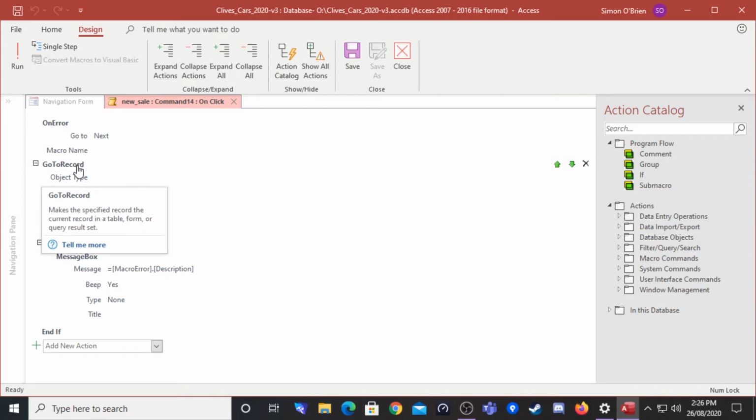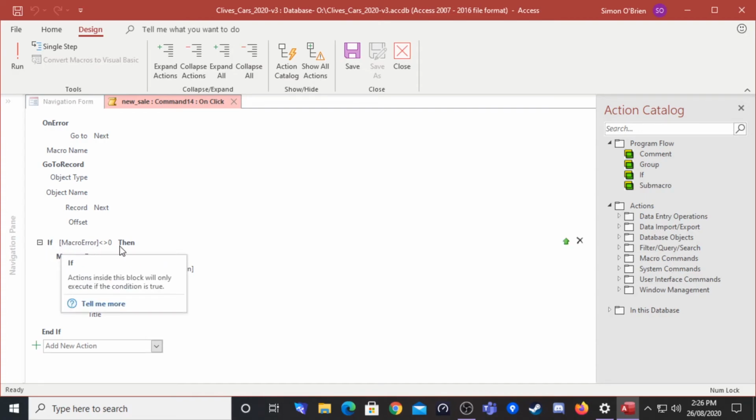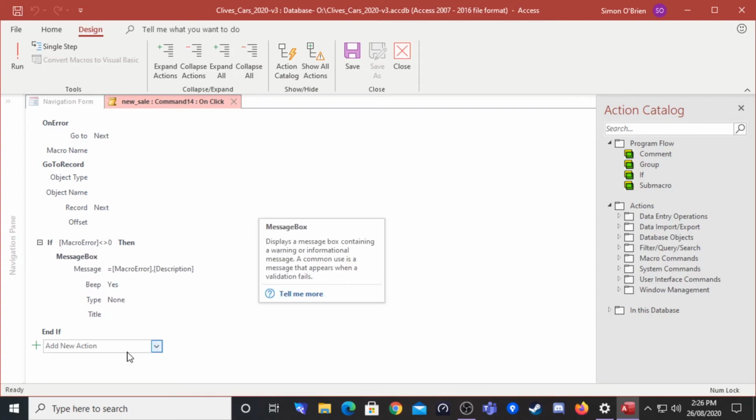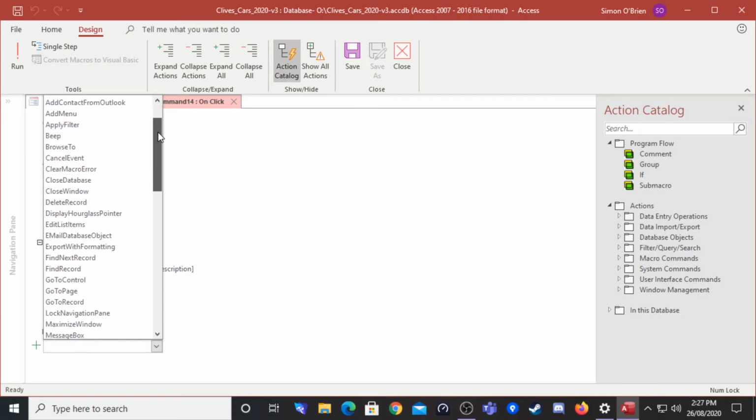And then it's got go to record. So this is where we've actually told the button to go to the next record. And this is what's going to clear the form, and the next record on an update form is a new record. So that's going to be opening a new one. And then it's got some more error checking. What we want to happen is we need to add a new action. So clicking on the combo box for new action, what we want to do is to